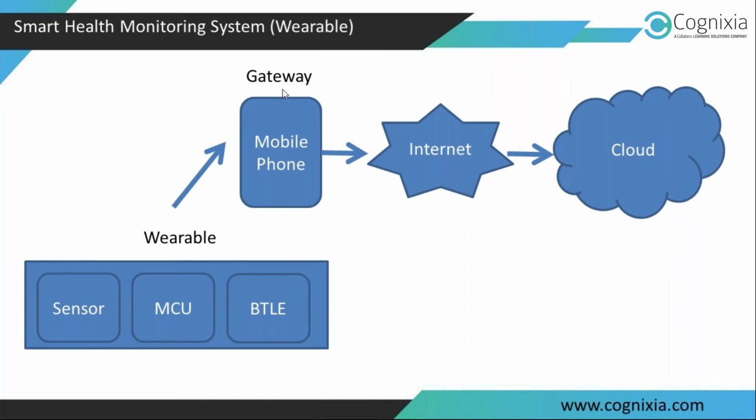At the same time, this application running on the mobile phone must be able to use the internet as a communication infrastructure to upload this data to the cloud platform, where at the other end you can have your entire solution running on the cloud platform and a doctor or a healthcare facility connected to the cloud at the other end,